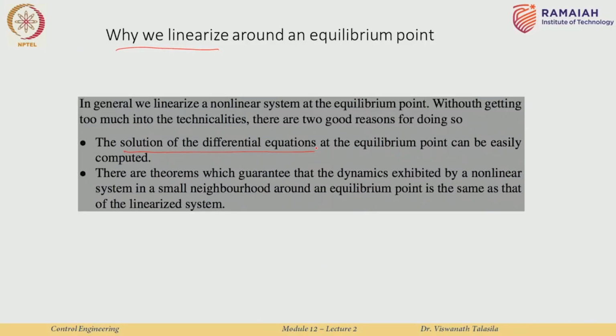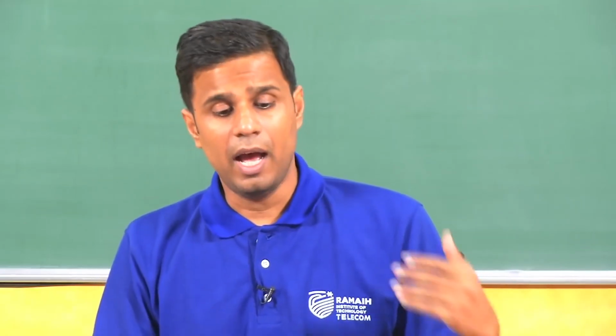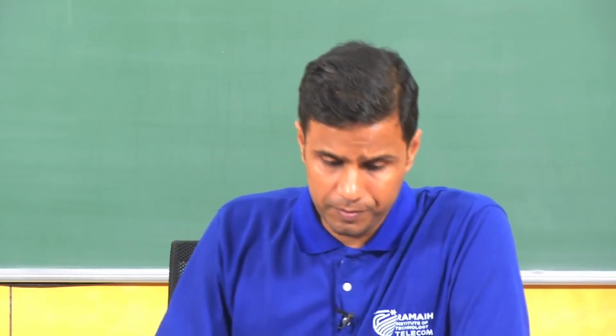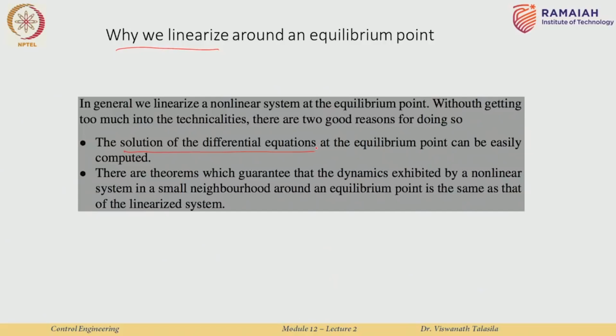All you need to do, as we have seen in the previous slide, is equate the derivative to 0 and solve it. Generally, it is fairly straightforward, as opposed to computing the general solution of the differential equation itself, which can be very complex. The second and more important reason is that we have theorems which guarantee that if you linearize the system in the neighborhood of this equilibrium point, the behavior of the system at this equilibrium point is very similar to the behavior of the system anywhere else